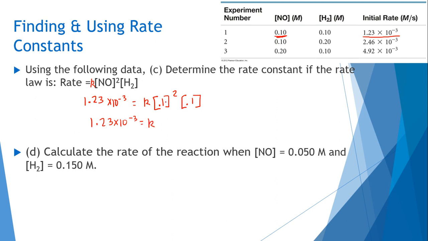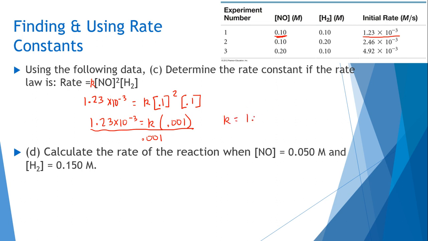I'm going to take 0.1 and square it, and multiply that by 0.1 because of my B value, and I get 0.001. Again, to get k by itself, let's divide. When you divide 1.23 times 10 to the negative third by 0.001,